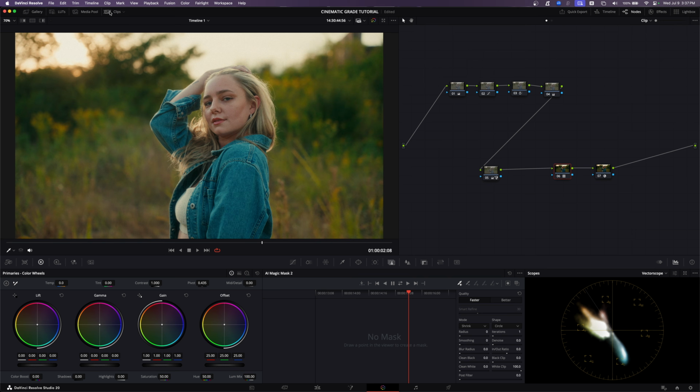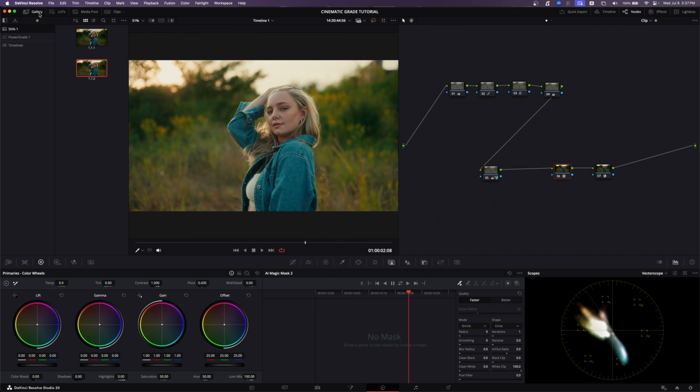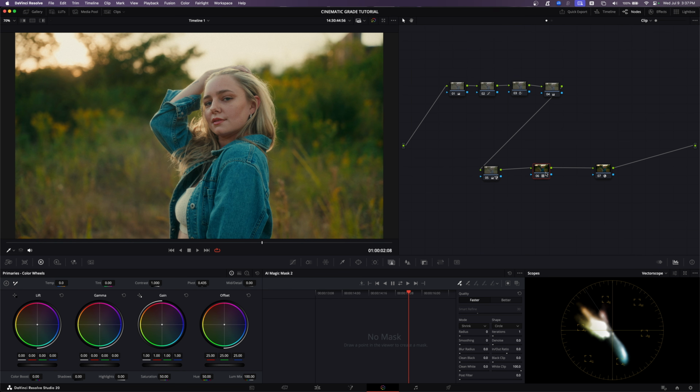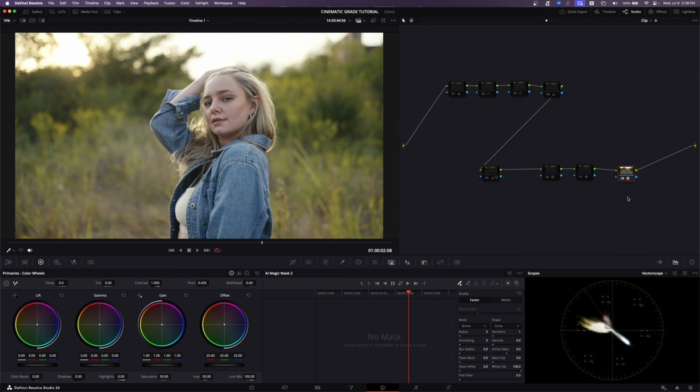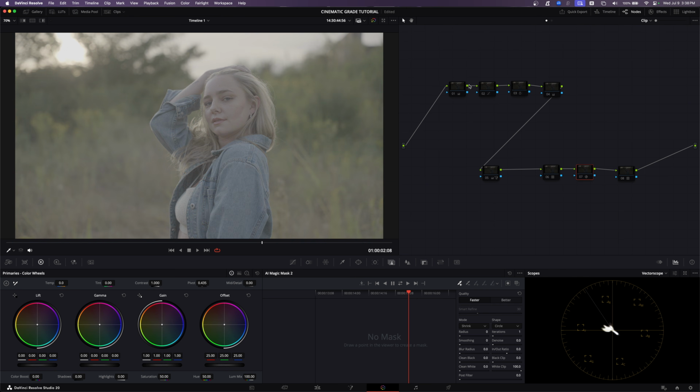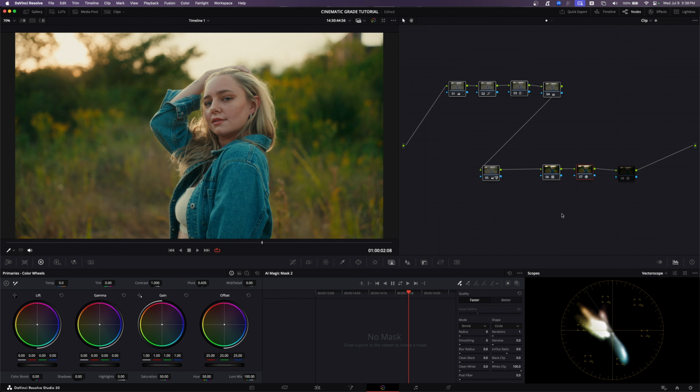So we can go ahead and compare these two. If I grab a still of that, let's take a look at what we did. So let me go to our Rec 709, or actually no, we have the Rec 709 and the film look built in. The way that I would compare that is, let me just make a little node that has SLog3 on it. All right. So this here is our Rec 709, and let's look at our look, and bam,